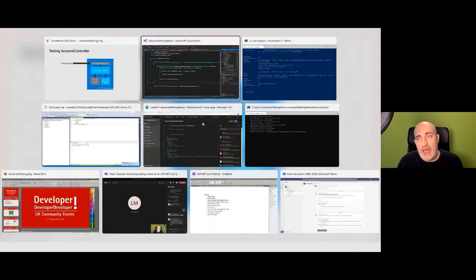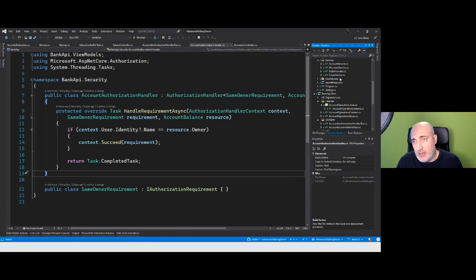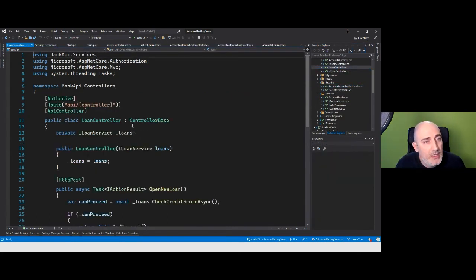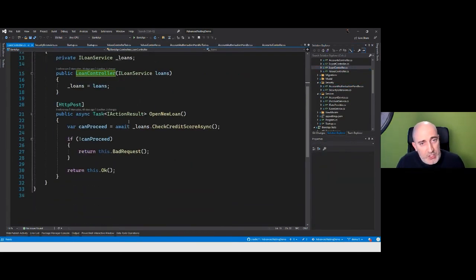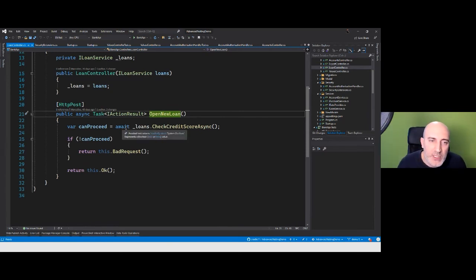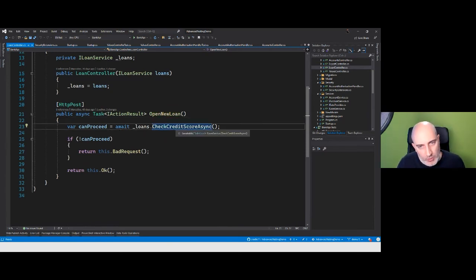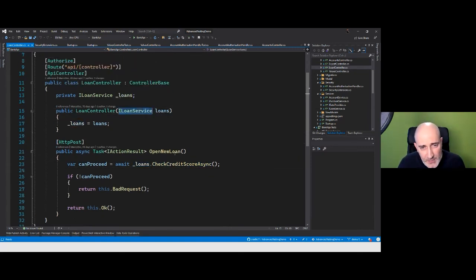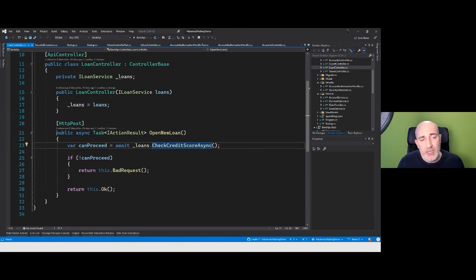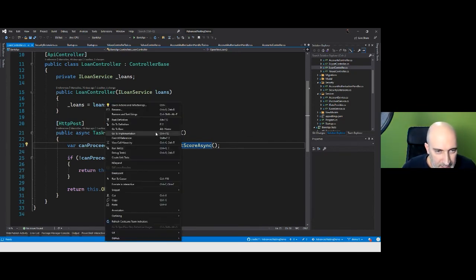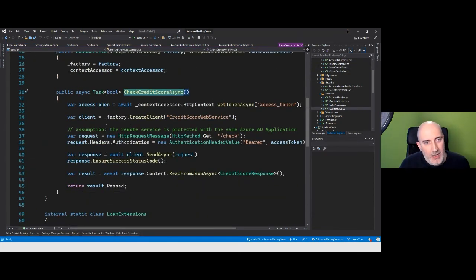For example, I have a service here. Let me show you this. I have this loan controller in which I have an action called open new loan, which doesn't have a proper implementation. But at the moment, what it does is checking the credit score as a first thing. All right, it calls this loans service to check the credit score. And if you can't proceed, it will return a bad request. All right. And this check credit score internally, if we go and have a look at the implementation, is basically